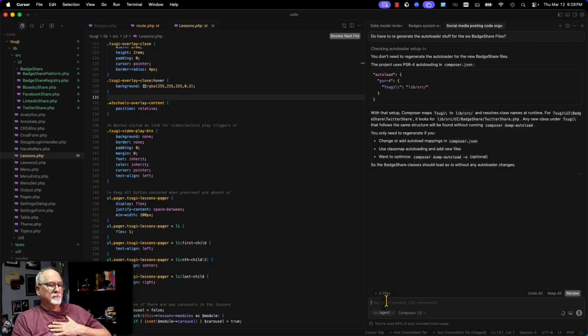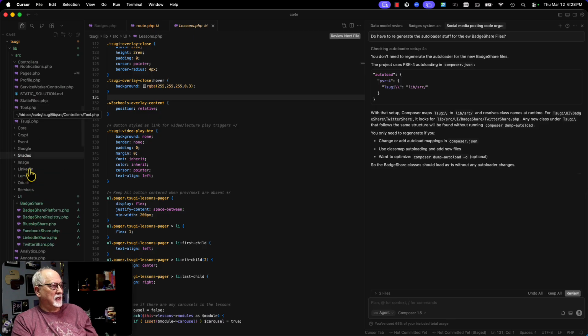Really? Well, I guess it's working. We'll watch out for that. So there's this whole thing about Composer JSON that reads these files and puts them